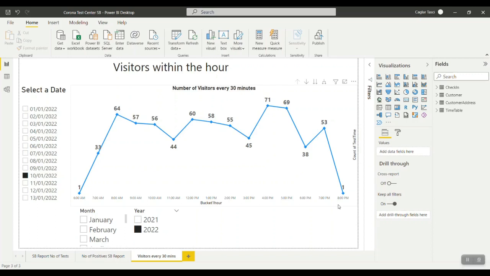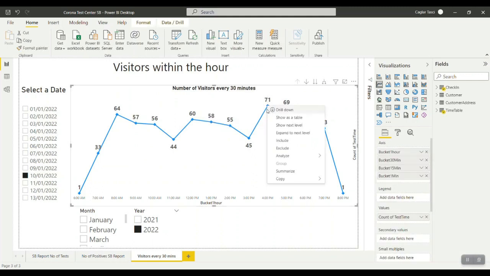Hello everyone. Today I am going to show you a time-based line chart that I created in Power BI. Basically, what this line chart is depicting is visitors every hour, but the great thing is that you can drill it down. So, for example, if you want to drill it down to visitors every 30 minutes, either you can use this